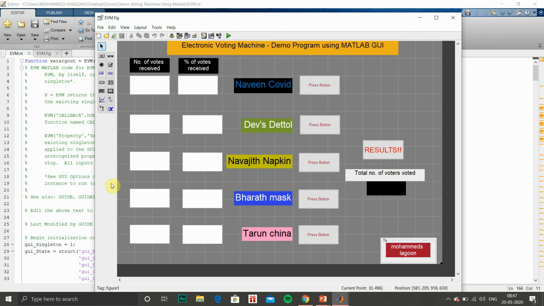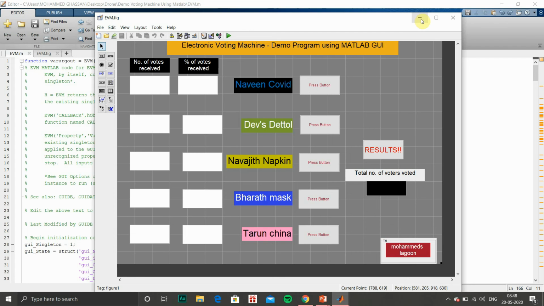These are one line commands. I am going to show you those commands. Those are easy. For percentage of votes, the number of votes divided by total number of votes, and for total number of votes, this function is just addition of all the number of votes received by individuals. So after adding, we got total numbers, and for each candidate we have to divide by total numbers so that we will get percentage of votes received.